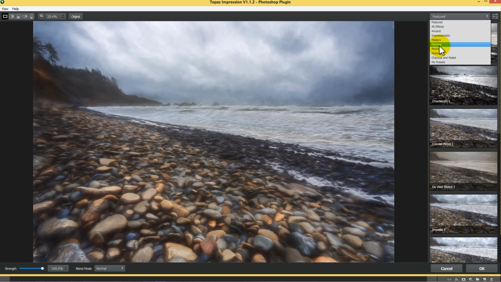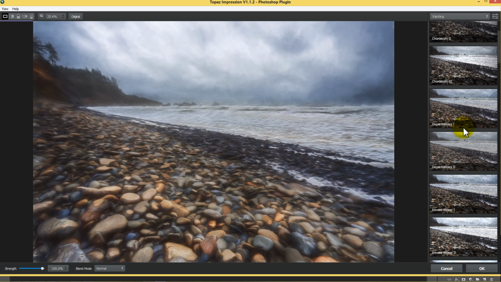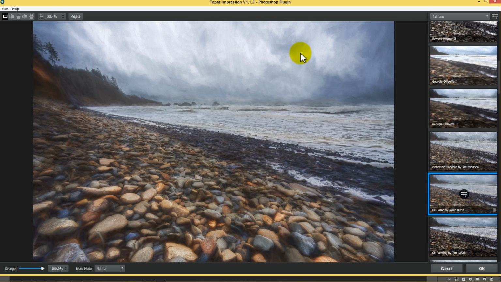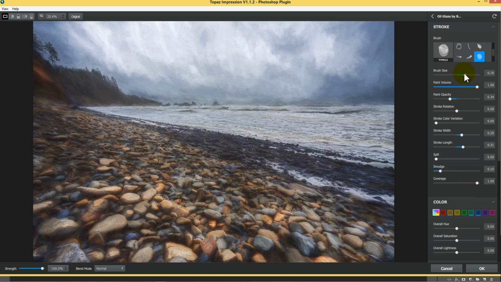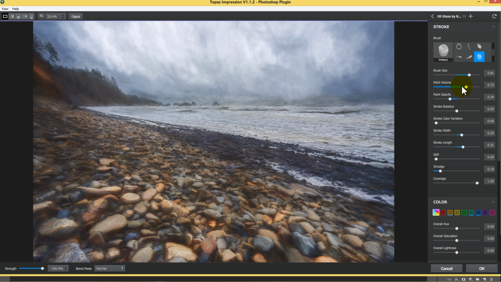So I'm going to go into the painting section, and I'm going to scroll down to the one that says Oil Glaze by Blake Rudis. So here is the oil glaze effect that I like. Now, this is an oil glaze effect that I do like if I'm using Topaz Impression for the all over photograph. So if I'm going to use this to make an effect of the entire image, I might use this oil glaze. But if I'm going to use it for this subtle effect, I'm going to go into the oil glaze settings. I'm going to increase the brush size a slight bit and reduce the paint volume so that there's